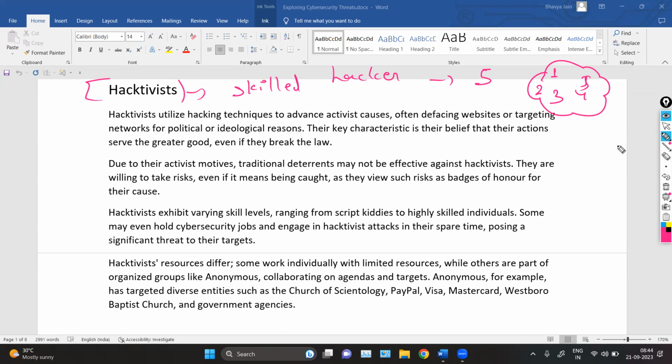So they are known as activists. They commonly have a group of 4 to 5 members or more than that. It depends on the purpose of hacking, like why they are hacking and what the purpose of hacking is. If the purpose is large, then we can say they will have a large group of members. And also, this one characteristic: